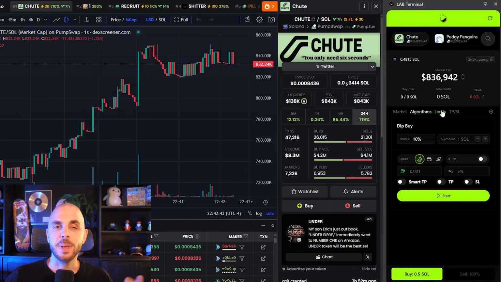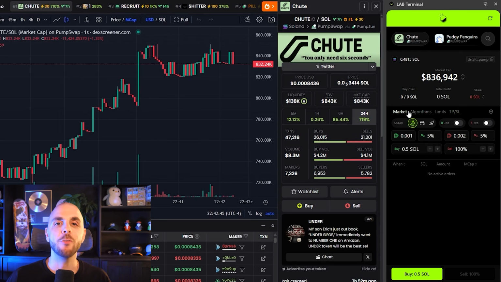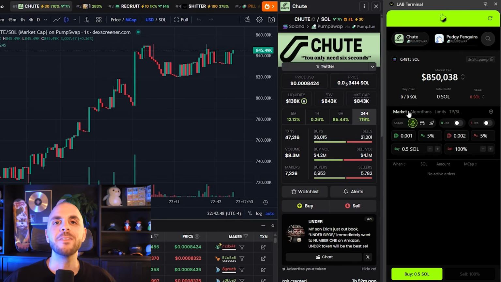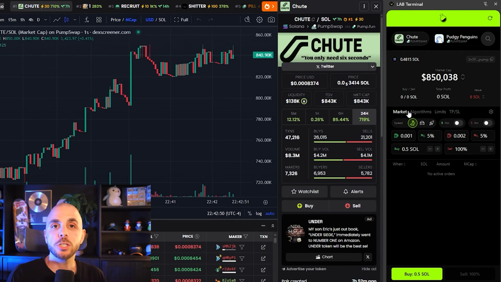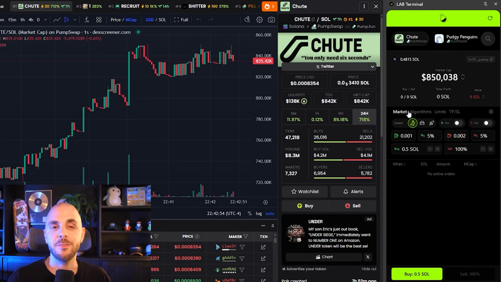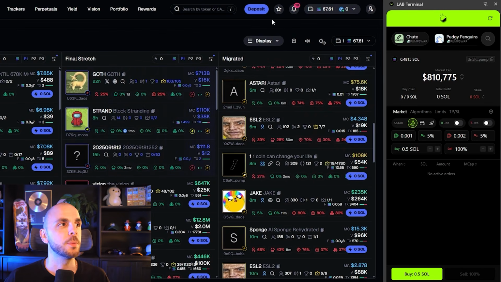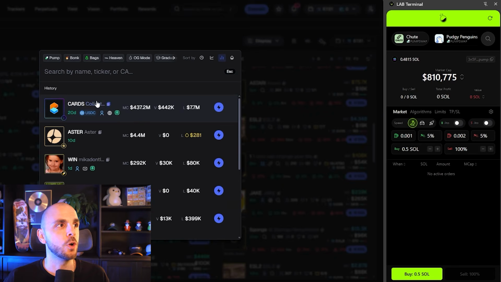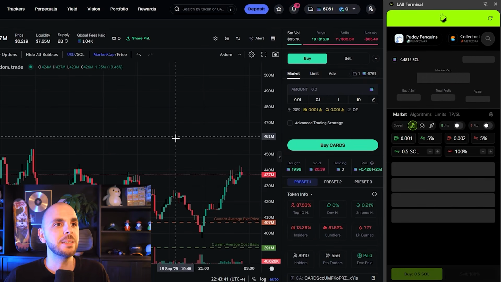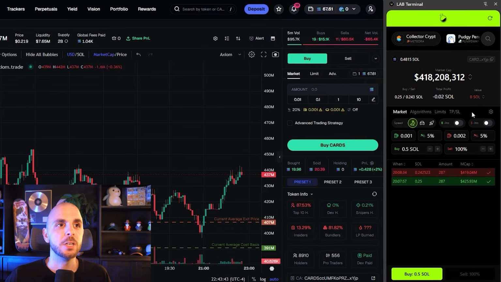I can do special orders, set up my TPs, everything within one tool without having to create multiple accounts. And this works across, like we saw, Base, Ethereum, Binance, TON, and very soon Abstract. And then same thing on any of your trading terminals. Here I'm on Axiom. If I just go to a coin that I was trading recently, it'll automatically pull it up. So I find this is a super cool feature, and it's saving money